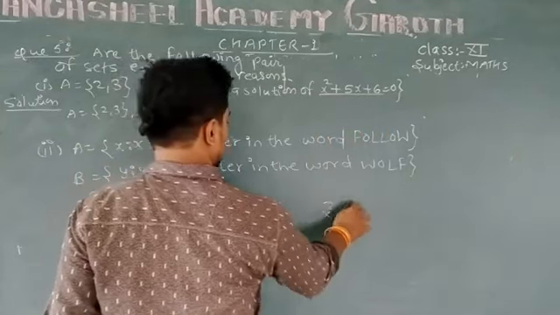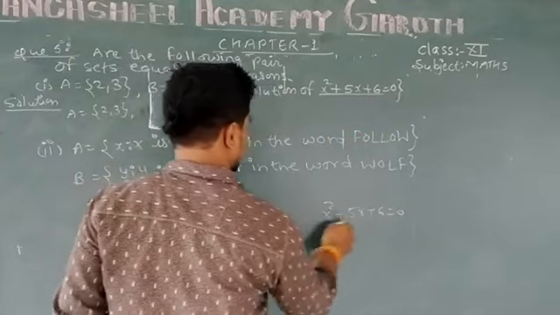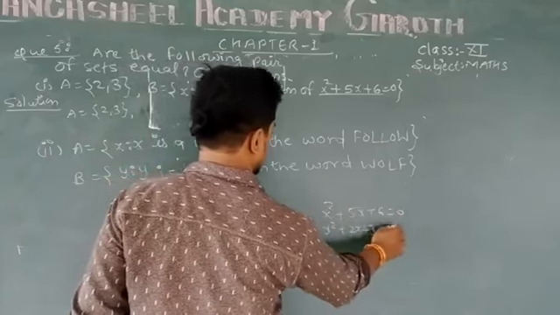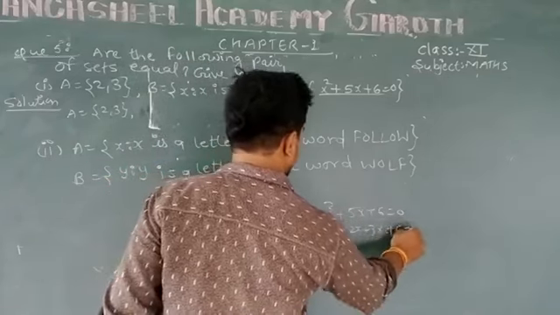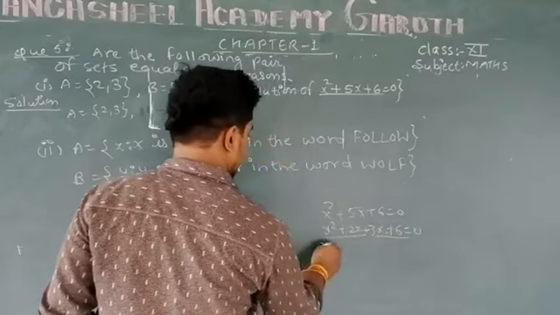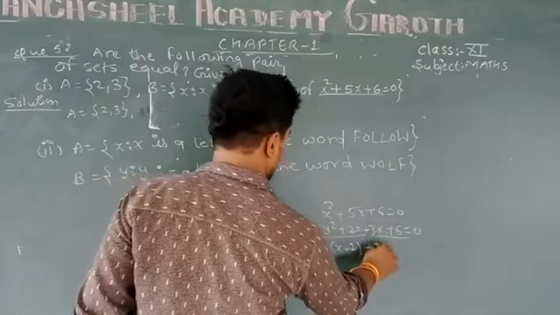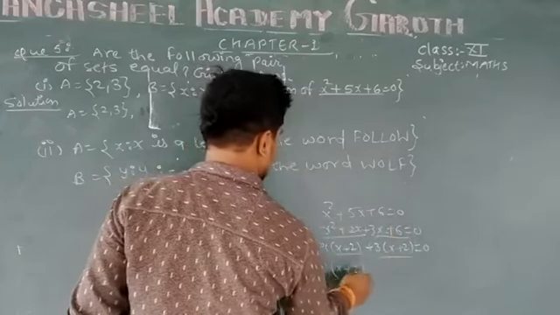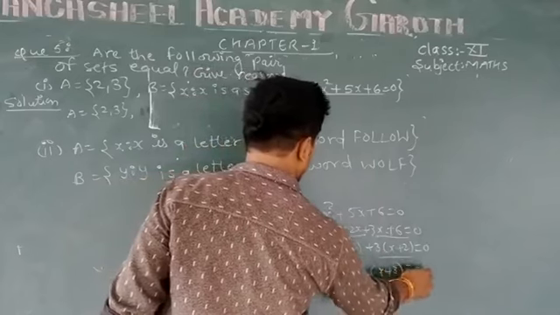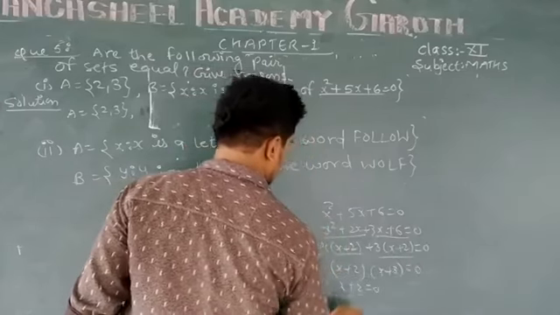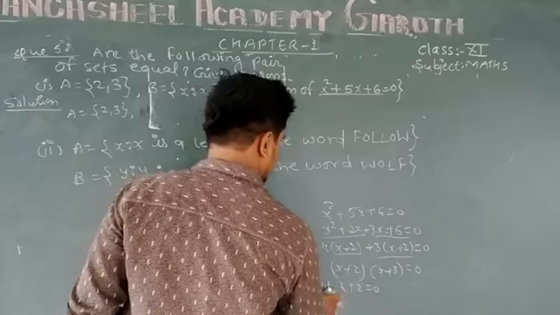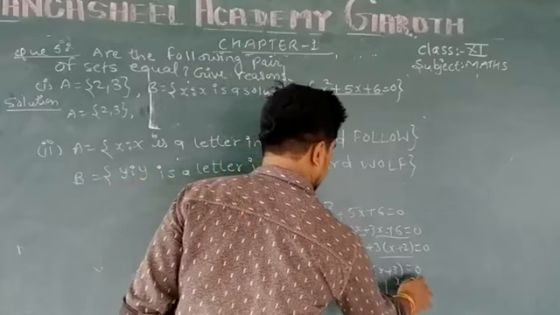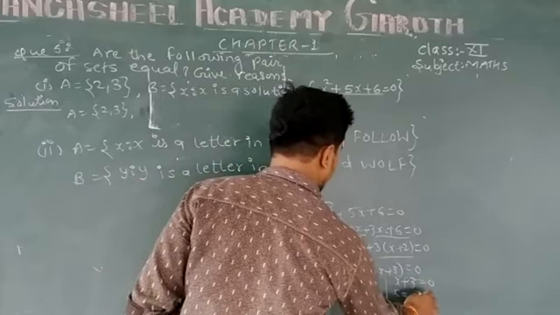We know that if we solve the quadratic equation, then first factorize it. It is x square plus 5x plus 6 equal to 0. We will get the factors x plus 2 here, and x plus 3 will be common, x plus 2 again. The common factor will be x plus 2, and x plus 3 is equal to 0. x plus 2 equal to 0, so we get x equal to minus 2. In the other, x plus 3 is equal to 0, then x is equal to minus 3.